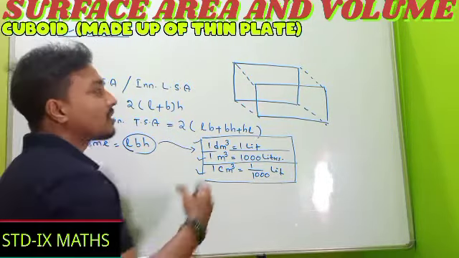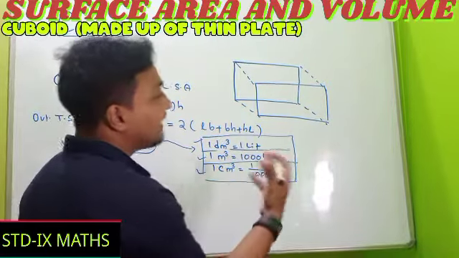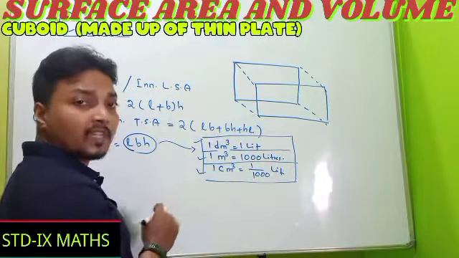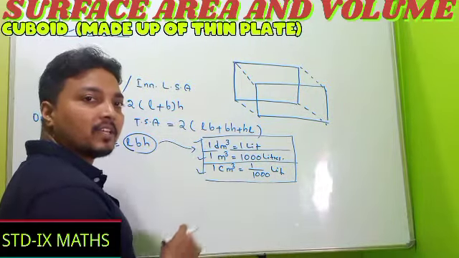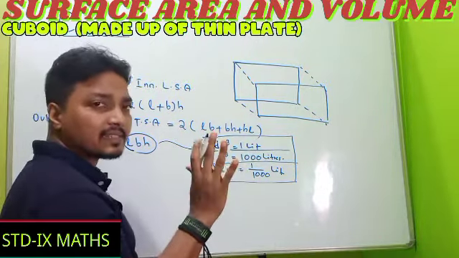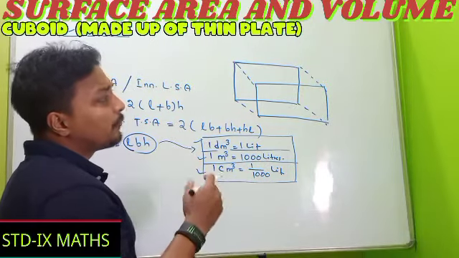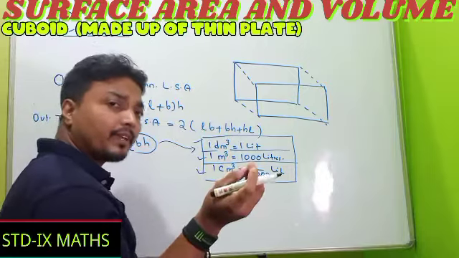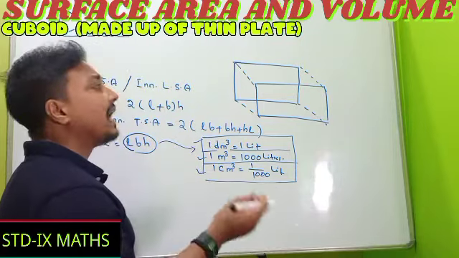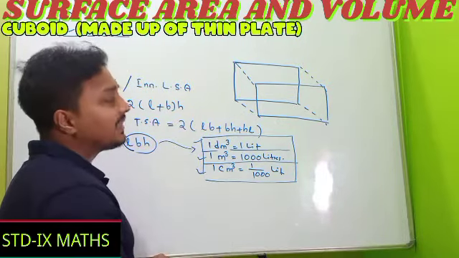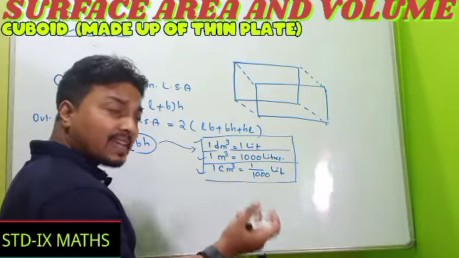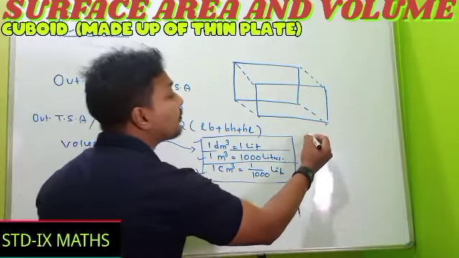And another thing, remember, whatever type of liquid you keep, the capacity always remains the same. However much water can fill, that much milk can also fill, and that much oil can also be filled. The capacity is the same. But whenever I keep different materials, like gold, iron, or silver in that space, then in that case, if anyone asks you to find the weight,